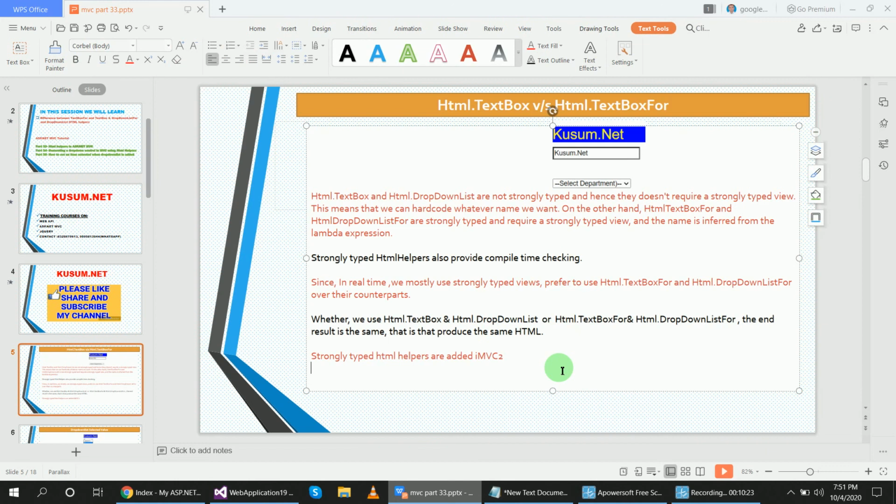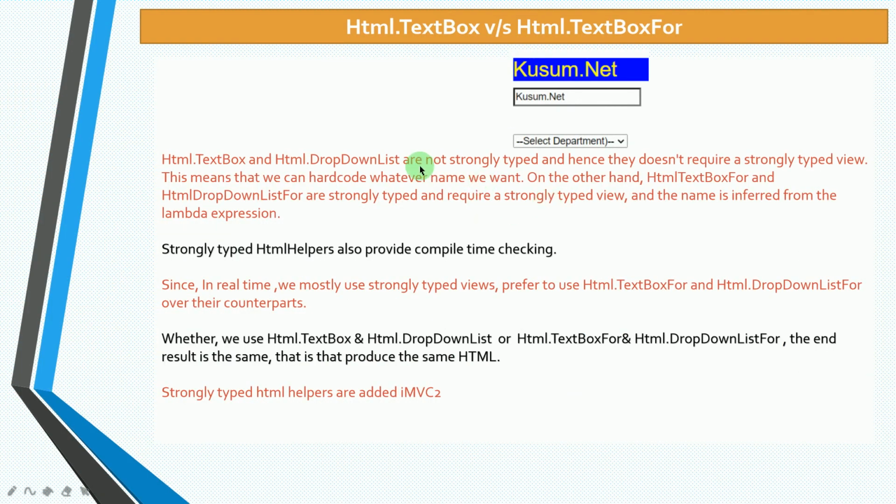So Html.TextBox and Html.DropDownList are not strongly typed, okay, and hence they don't require a strongly typed view. This means that we can hard code whatever name we want inside of the Index method.